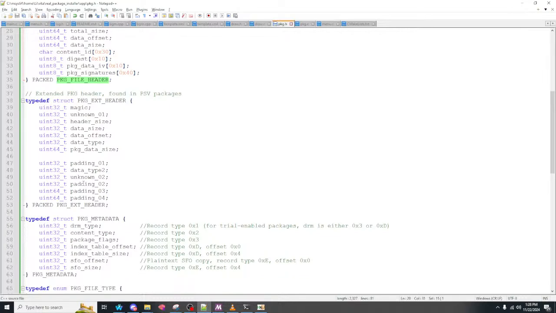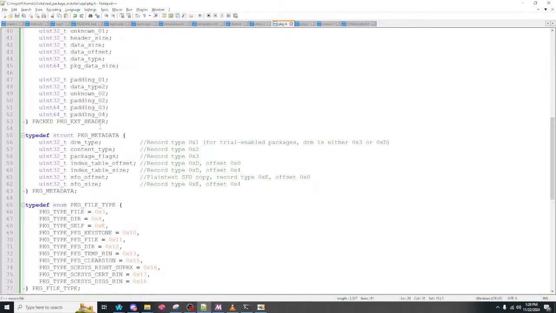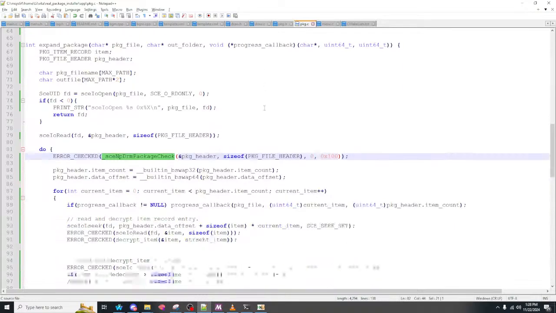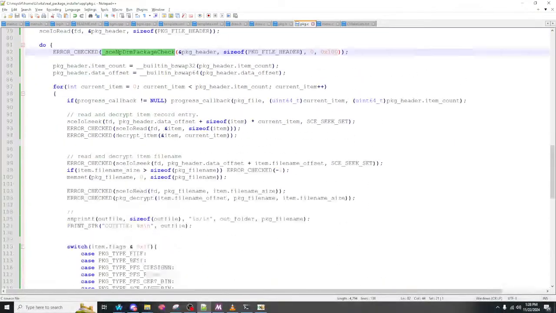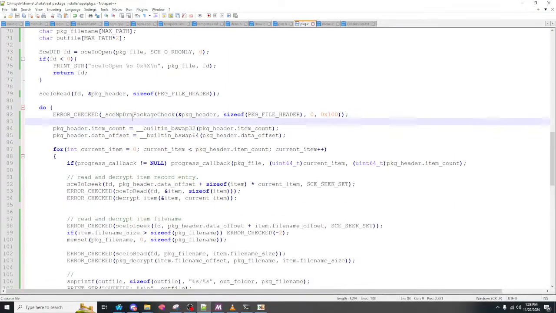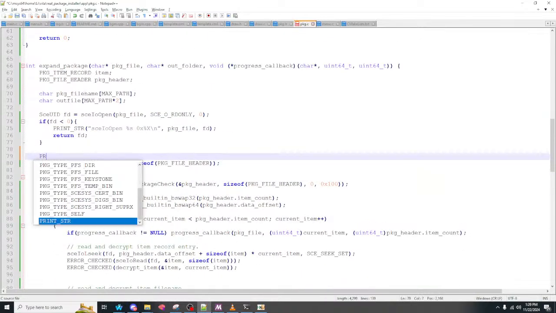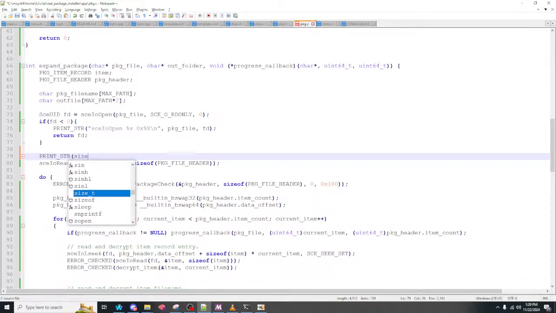Maybe it's the size of both of these combined, or all three of these. Who knows? But yeah. So let me actually print the